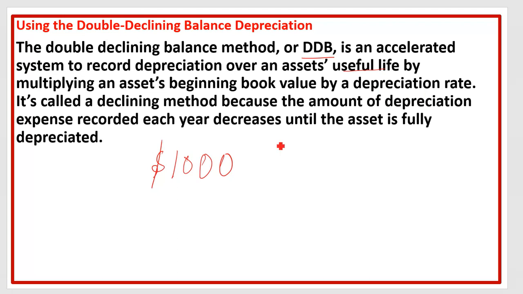Suppose we have bought furniture or anything of $1,000 or 2,000; here we will take the example of 1,000. You have purchased some fixed assets, and you will use this fixed asset for 5 years or 3 years or 2 years, whatever. That is called the useful life. Suppose you have a laptop, and the useful life of the laptop is 3 years, so that is called the lifespan or the useful life.